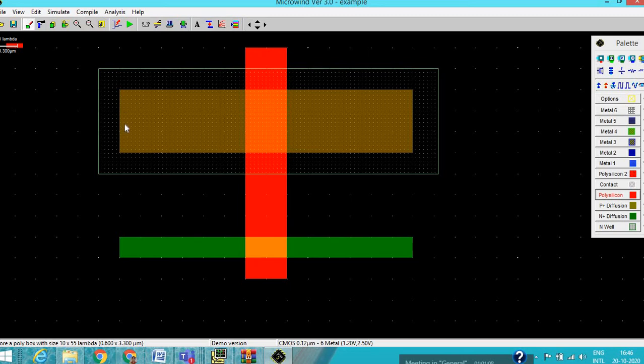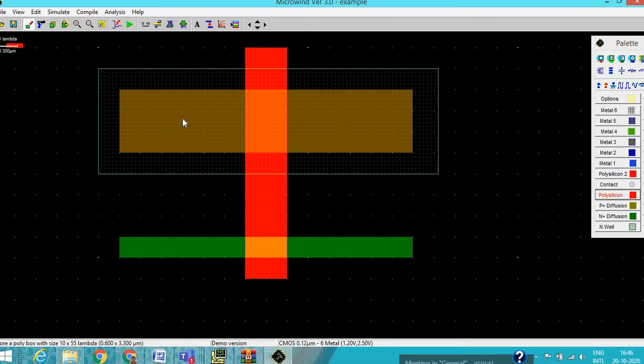So the width of P plus will decide the P MOSFET W, and the width of the N MOSFET depends on the N plus width, right? So the width of N plus and P plus decide the channel width, and the width of polysilicon is the channel length. So here this is a P MOSFET, this one is the N MOSFET.